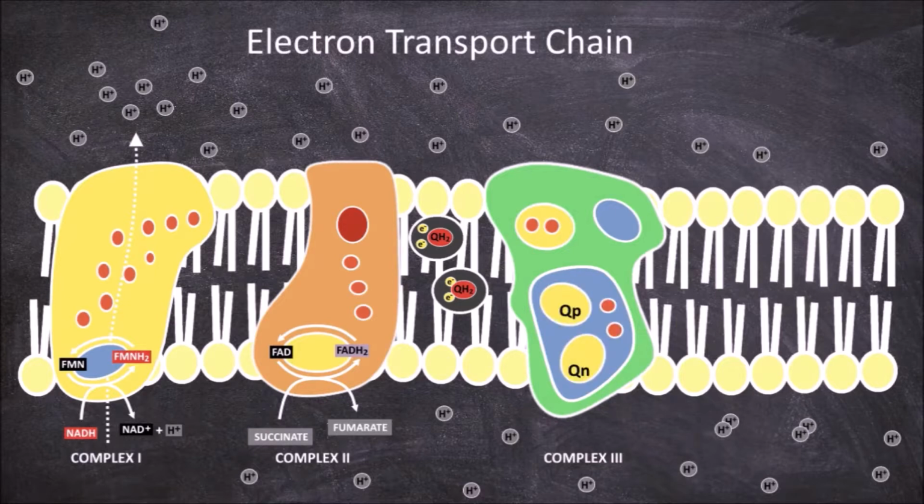This cycle starts with one ubiquinol binding with the quinone binding site on cytochrome B called QP. This ubiquinol is oxidized in 2 steps. The first electron is transferred to the RISC protein, which also releases 2 hydrogens into the intermembrane space and converts ubiquinol into the semiquinone anion form. The second electron is transferred to the cytochrome B L heme. This converts the semiquinone into ubiquinone, which leaves the complex to return to the pool of ubiquinone and ubiquinol in